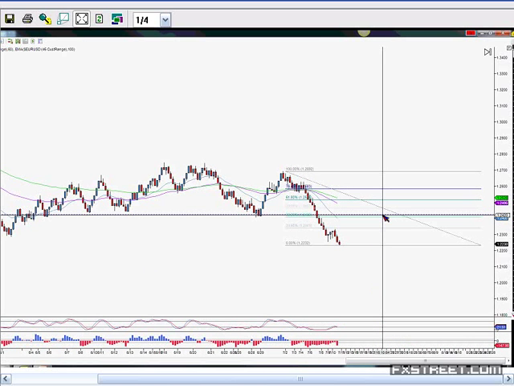We then look to identify areas where we would anticipate price turning around. Now, the important thing to remember here is that we're not going to just enter a short when price approaches this level. We can only react once the price shows us that it's paying attention to this level, okay? We're not looking to guess here. When you try to guess as a trader, that's when you get caught out. So all we're doing here is putting in levels where we would expect price to react. If price doesn't react to that level and it breaks through that level, there's nothing we can do. We have to leave it. That's no longer a trade.